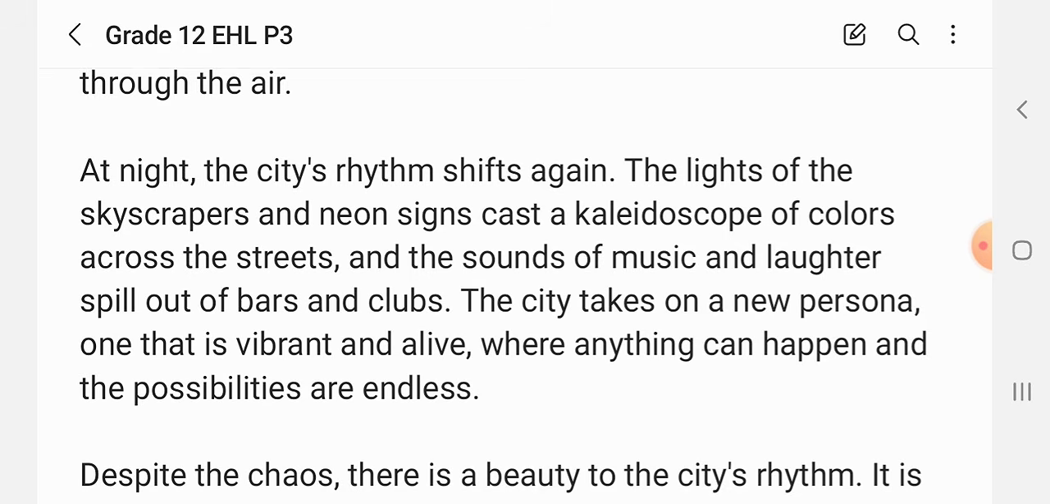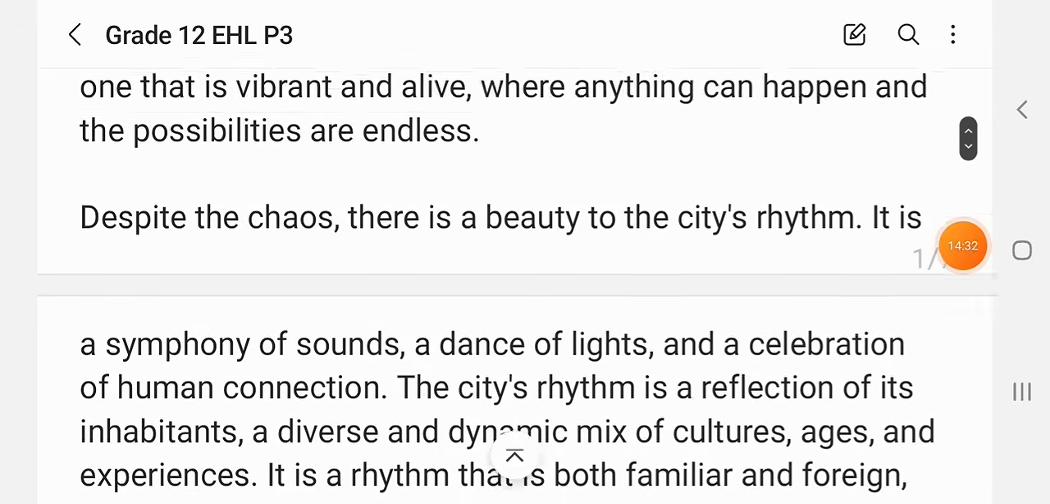The lights of the skyscrapers and the neon signs cast a kaleidoscope of colors across the streets, and the sound of music and laughter spill out of bars and clubs. So the city takes on a new persona, one that is vibrant and alive, where anything can happen and the possibilities are endless. So can you see? You have described the city to the T. Well, how the city is at night, how the city is during the day. What are different activities taking place in the city? So that's what you have